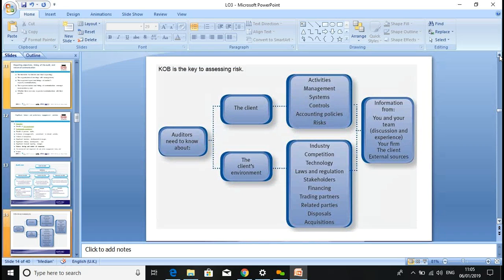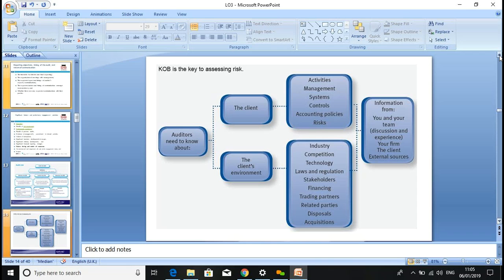So next we're looking now, under the risk, at how much detail we need to know about the client and the client environment. Yes, knowledge of business. Yes, knowledge of industry. So if you used to audit the manufacturing industry, the textile industry, you need to think about where the cotton comes from, and where the end product is, how they sell it. Yes, they are reflecting it in their books of account, and they are following international accounting standards or any local accounting standard, whichever standard the company is following. Yes, so we need to look around.